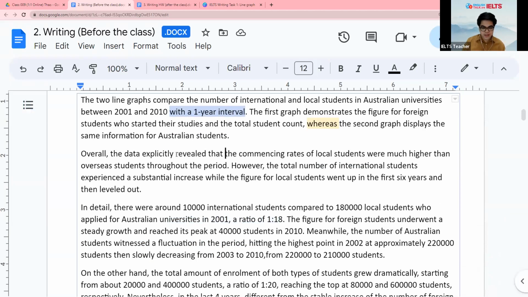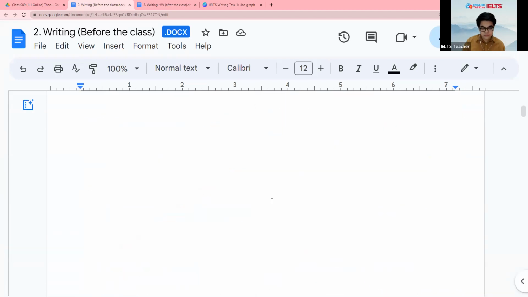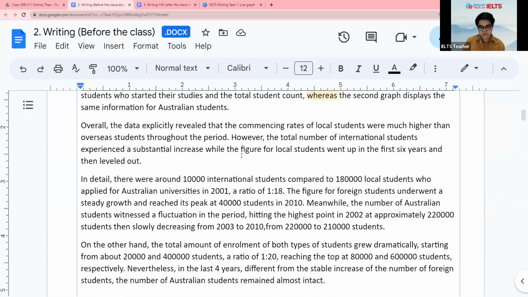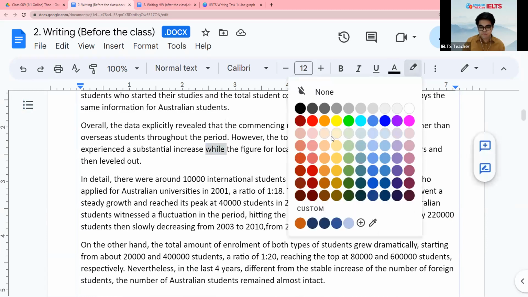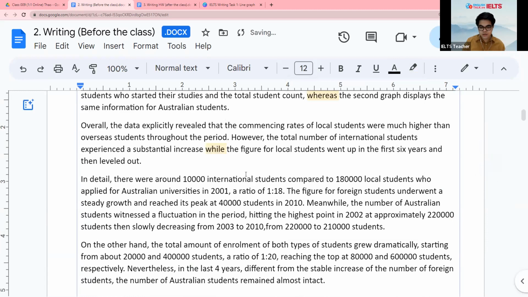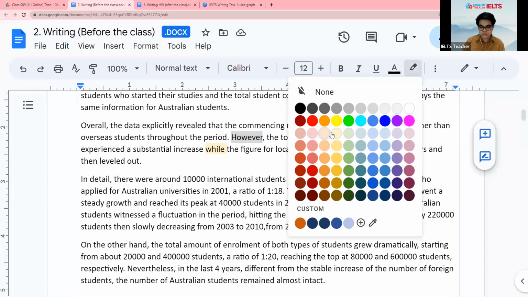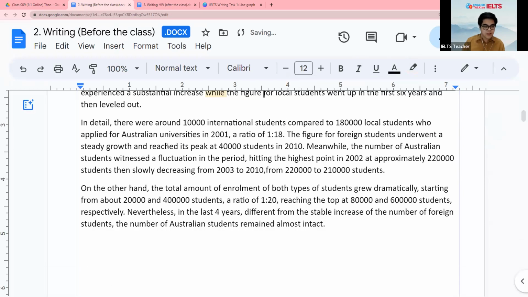Overall, the data explicitly revealed that the commencing rates of local students were much higher than overseas students throughout the period. However, the total number of international students experienced a substantial increase, while the figure for local students went up in the first 6 years and leveled out. Okay, in detail,